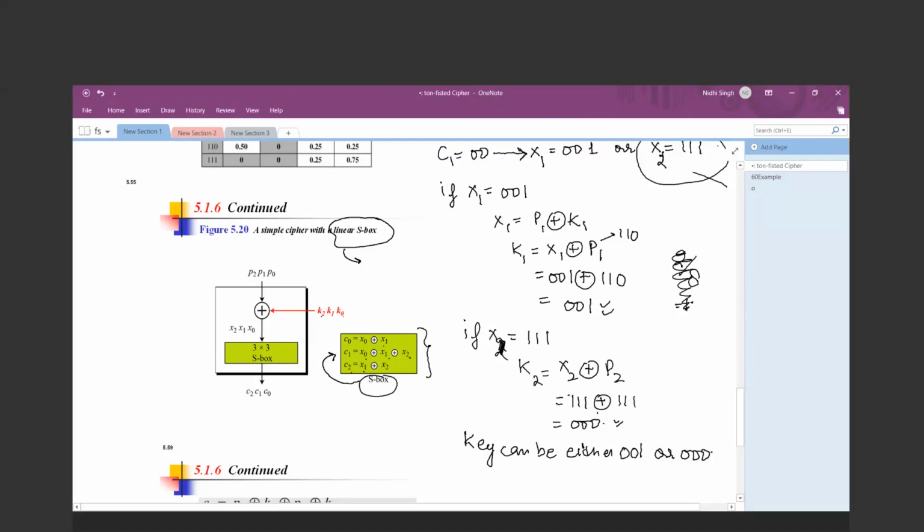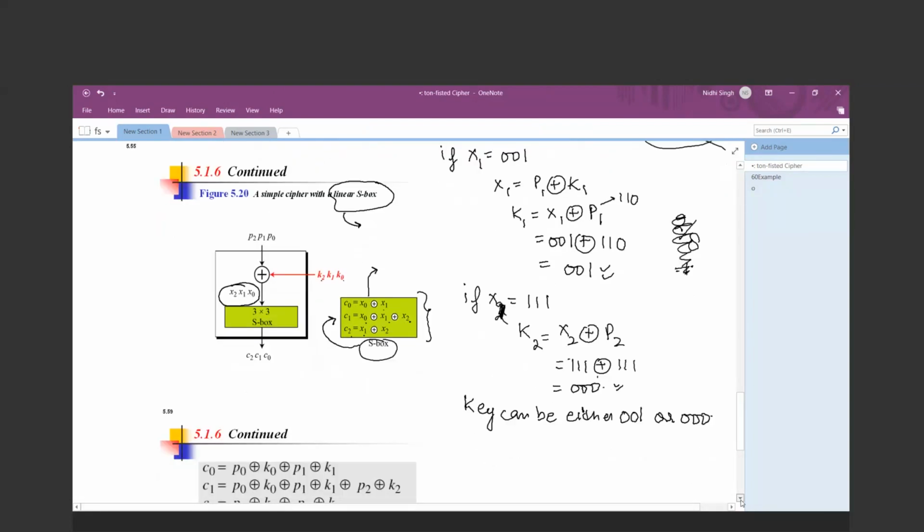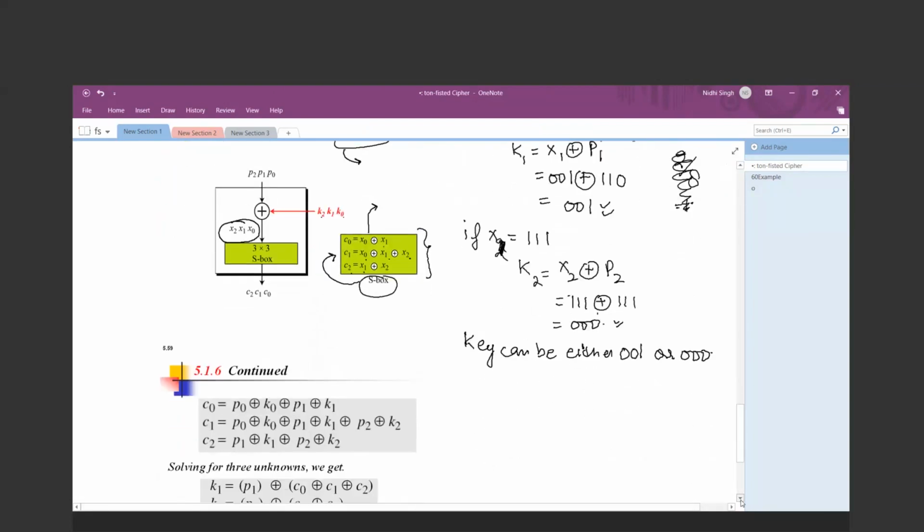So from the ciphertext and the generated middle one text after performing the XOR, this is the relation. So from this relation, we have to perform the linear cryptanalysis, because I'm talking about the linear S box. So when your S box is non-linear, जिसमें आपका number of input अलग था, number of output अलग था, the previous case you have to perform the differential cryptanalysis. Otherwise, you have to perform the linear cryptanalysis. So in that case, what will be my simplified equation in terms of plain text and the key?